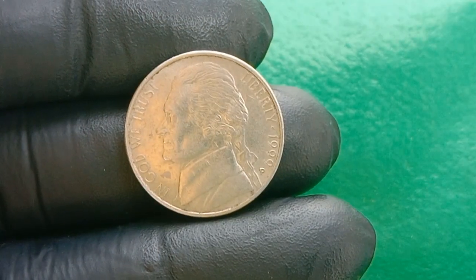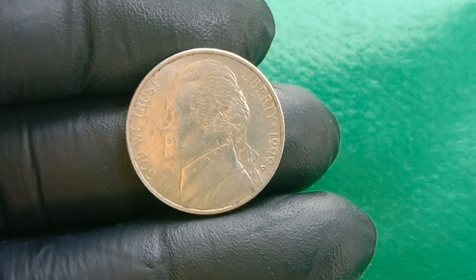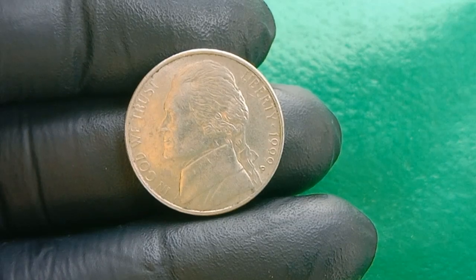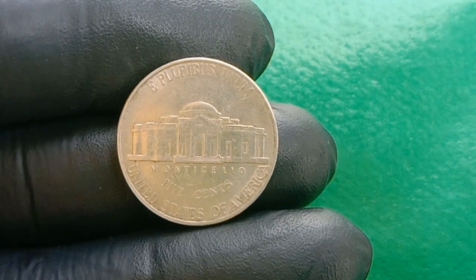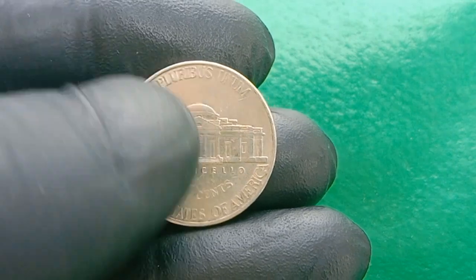Next, 1999 5-cent USA coin. Everyday pocket change transforms into astonishing stories of hidden fortune and numismatic wonder. And if you're one of those curious treasure hunters who keeps an eye on coins you come across, then you're in the right place, because today we are diving deep into one of the most surprising tales in the world